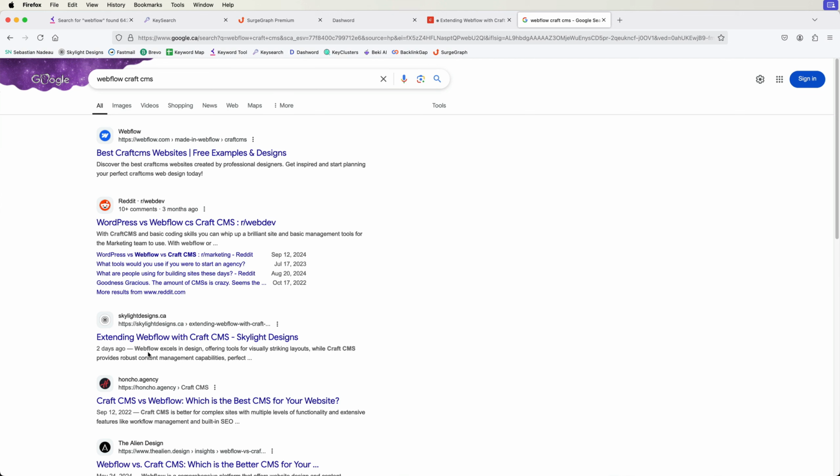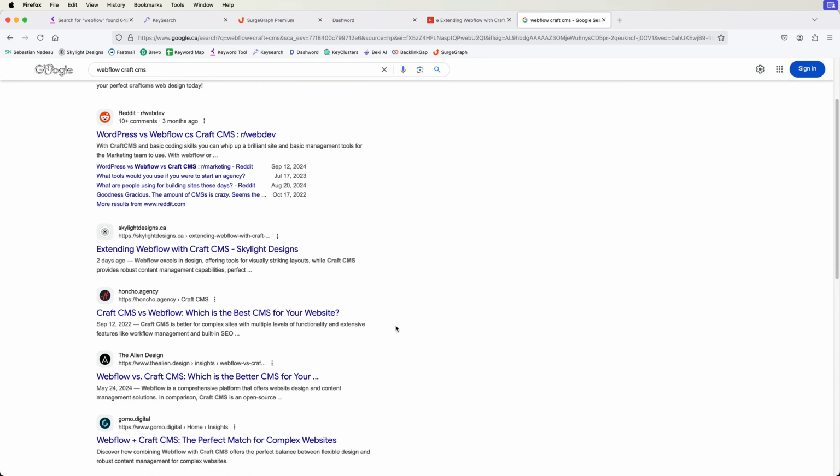So this article was mostly written with a bit of my own input with keywords. I had a little bit of help with AI, and it's the first ranking article when I type in Webflow and Craft CMS. And just because you see low search volume, like you saw in the keyword research tool, that these types of articles will not get a lot of search volume,